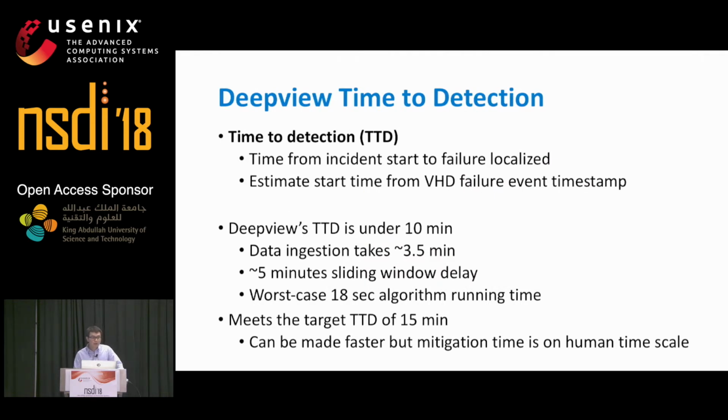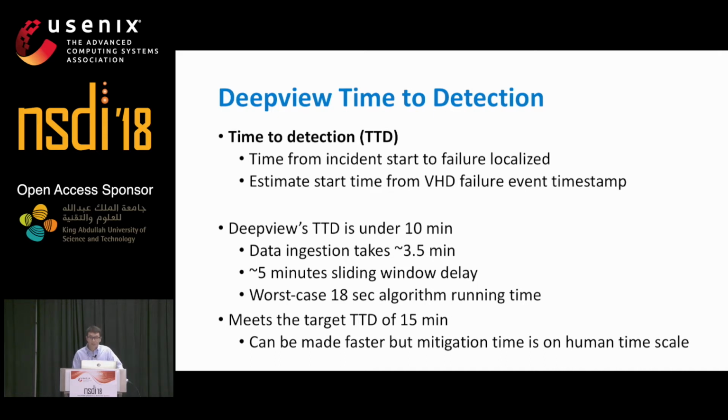So the metric we care about is time to detection, which is the time from when an instance starts to when the failure is localized. We can estimate the instance start time by looking at the timestamps on the VHD failure events, which we collect from the hypervisor logs. What we see is that Deepview is able to consistently achieve a TTD that's under 10